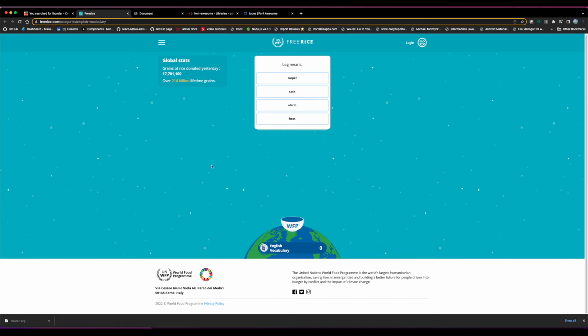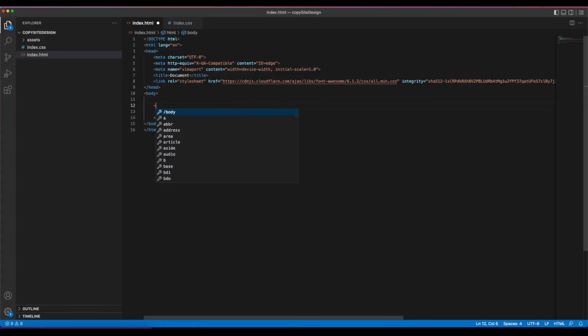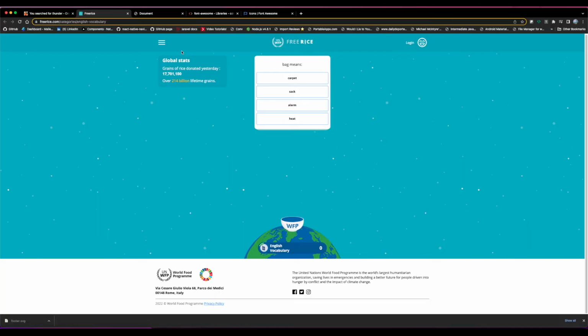Alright, what do we see at the very top? We see a nav bar with 3 different sections, right? So I'm going to do that first. I'm going to stick to divs just for clarity. We call this a nav bar. Within this nav bar we have 3 different